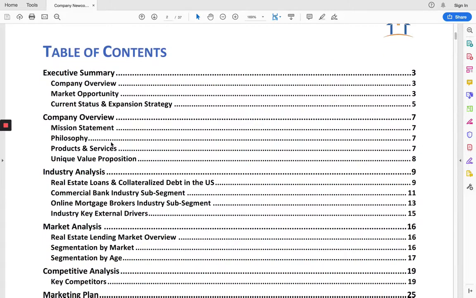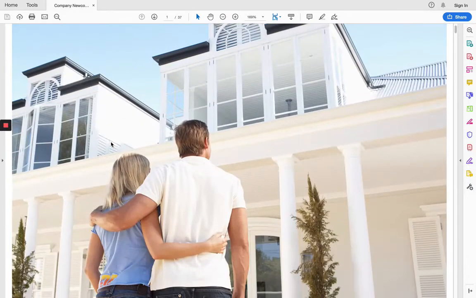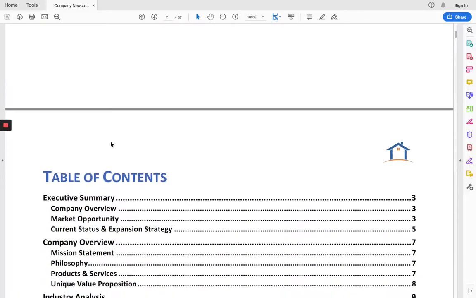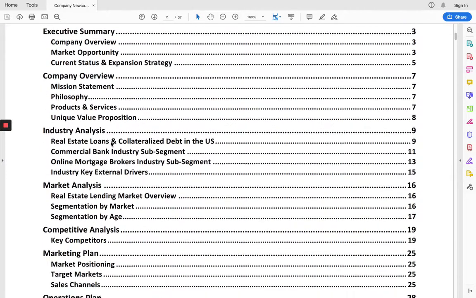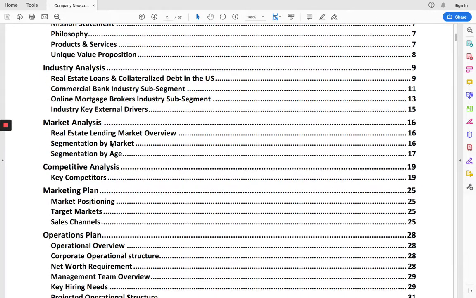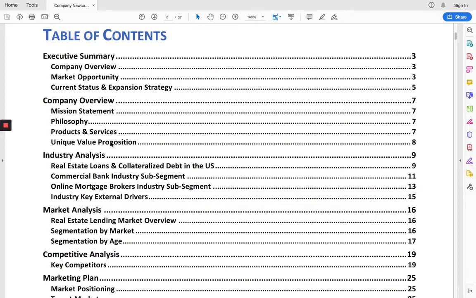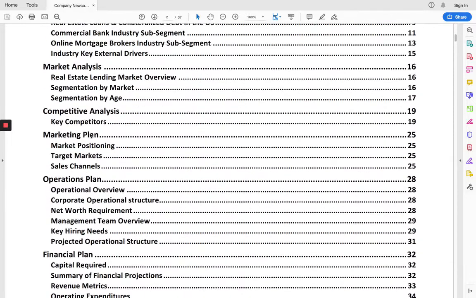So we first start with a cover page, then a table of contents, which will clearly display all the different sections we'll be doing for your business, and essentially give the reader of the business plan the option to jump to the section that's most important to them. So they can go to the company analysis or the industry analysis and the market analysis directly without having to